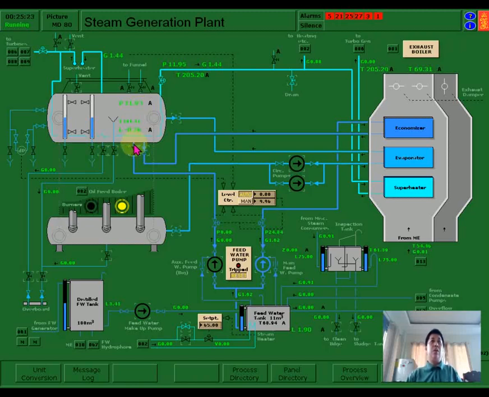As you can see, the level of your feed water is also lowering. When the feed water is lowering, this type of feed water pump is controlled by your soft starter system. The PLC will control what we call the frequency of the motor.